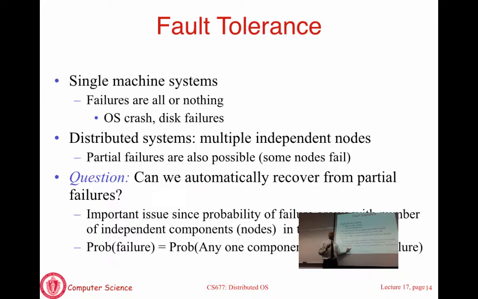The probability that there is a failure in your entire system is the probability that at least one machine is down, which is 1 minus the probability that no machines are down. So this is equal to 1 minus (1 minus p) to the n, if p is the probability of any machine failing. So (1 minus p) to the power n is the probability that no machines are failing. A simple probability. Now, as n goes to infinity, (1 minus p) to the power n is going to go to 0, so this term is going to grow to 1.